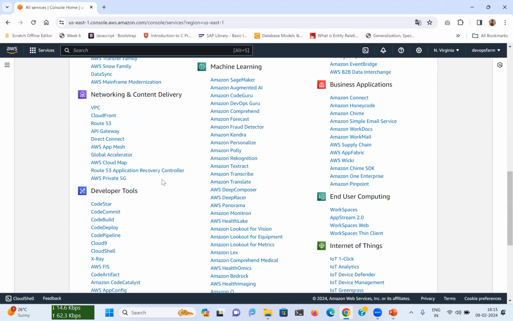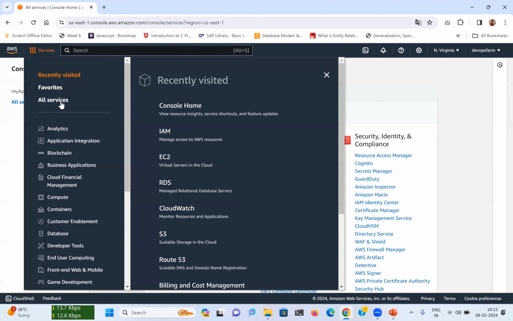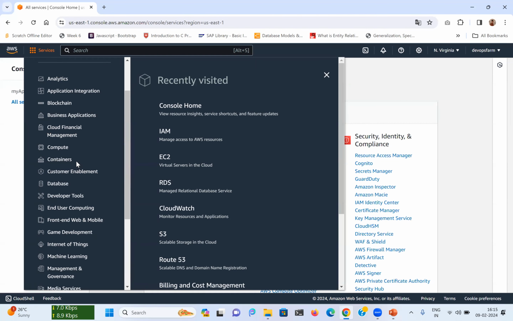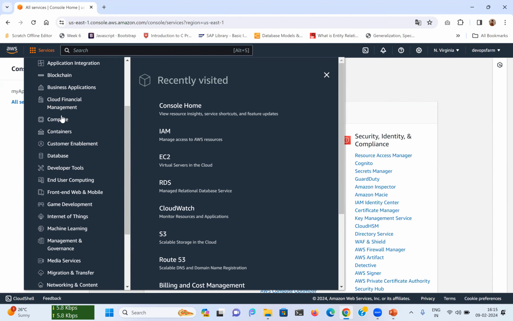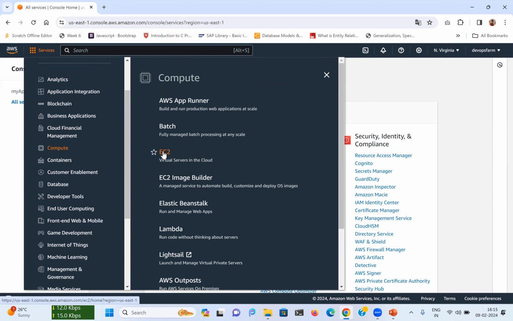More or less, AWS provides 300 plus services. You can also see the categories. We want to talk about the EC2 service, which you can find under the compute category.